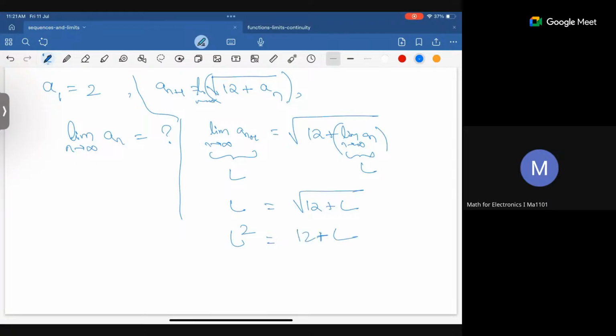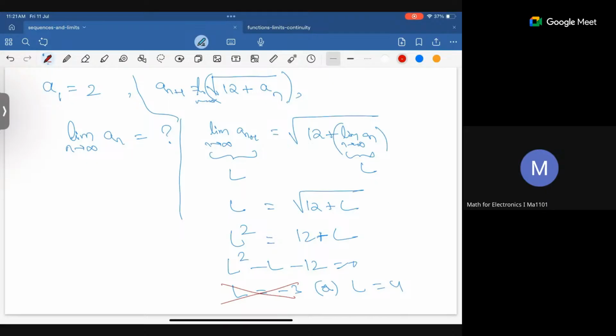Now we have to use the knowledge of week 1. So it's a quadratic equation in terms of L, right? So L square minus L minus 12 is equal to 0. I will leave it to you guys. This will be minus 4 and 3, or minus 3, and you can clearly see that L is equal to minus 3 will not be possible,